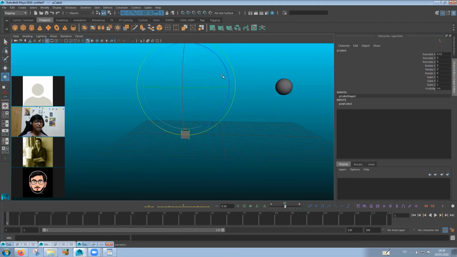Please do remember that pivot controls your constraint values. So if you make any changes in pivot after you constrain the object, then it will go for a toss. So make sure your pivots are in the right place before you constrain, because if you move your pivot, then whatever constrained objects you have will go with the pivot wherever it goes. Okay. So this is something that you need to understand and keep in mind while doing it.